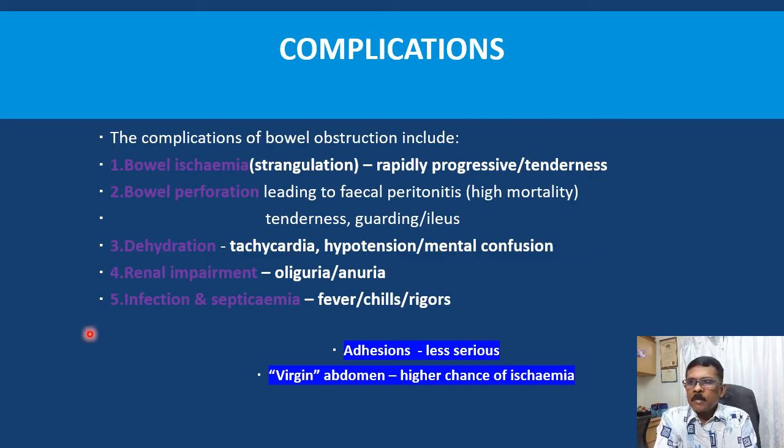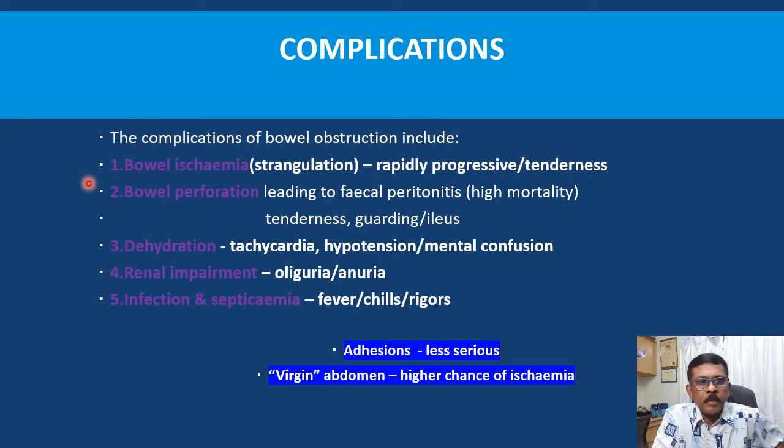Okay, this slide shows you the complications of intestinal obstruction. First, bowel ischemia, strangulation, which can progress very rapidly with tenderness and guarding. So it's a very important sign that you must check for to monitor the patient to see whether he's developing any tenderness and guarding. Bowel perforation leading to fecal peritonitis, which has a high mortality,